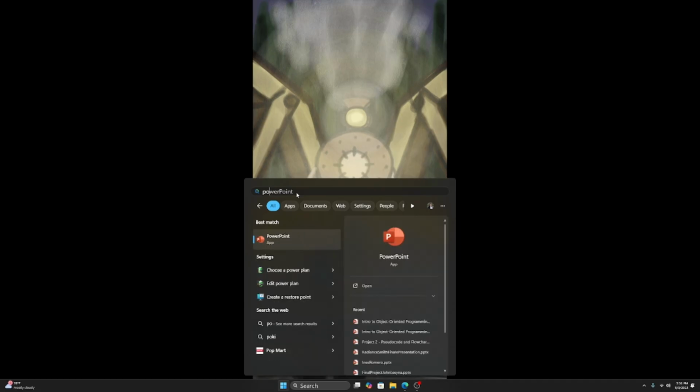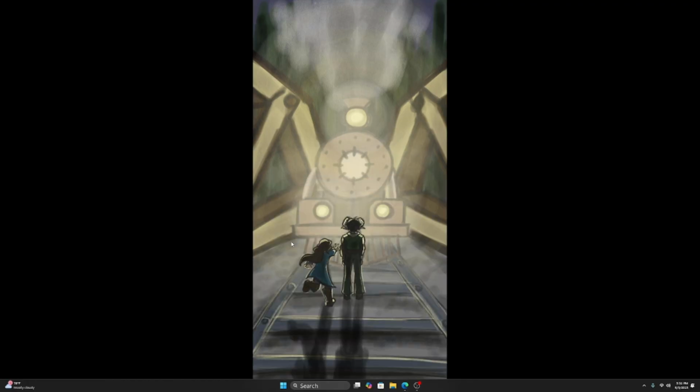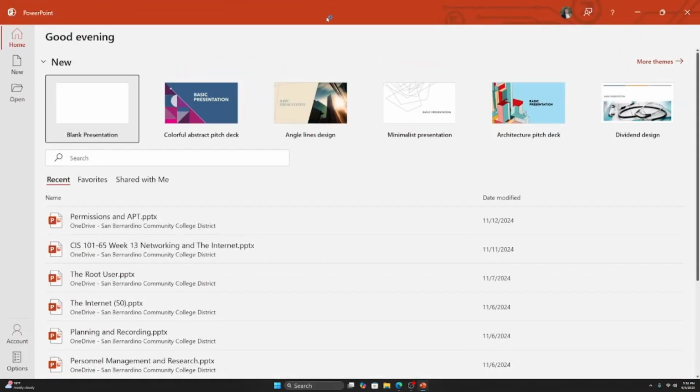PowerPoint. There we go. And it's going to be this orange symbol, circular, kind of looks like a graph with a P in it. Go ahead and start it up. Oh, it started up another window for me. Let me open up here. There we go. And just like how you see the setup, pretty much the same as you've seen with the